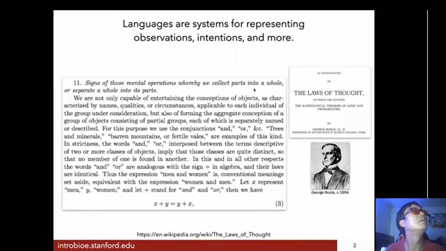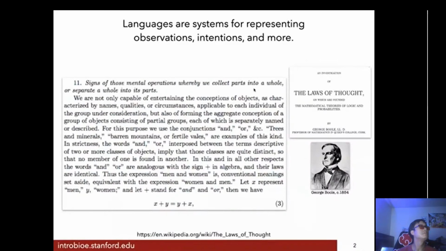Signs of mental operations whereby we collect parts into a whole or separate a whole into its parts. Now remember, he's thinking about thought and the laws of thought. We are not only capable of entertaining the conceptions of objects as characterized by names, qualities, or circumstances applicable to each individual of the group under consideration, but also of forming the aggregate conception of a group of objects consisting of partial groups, each of which is separately named or described.